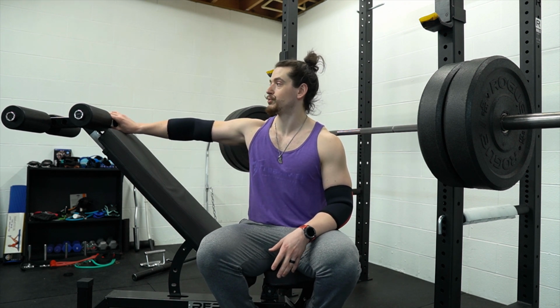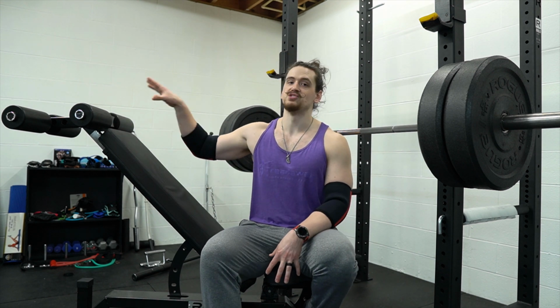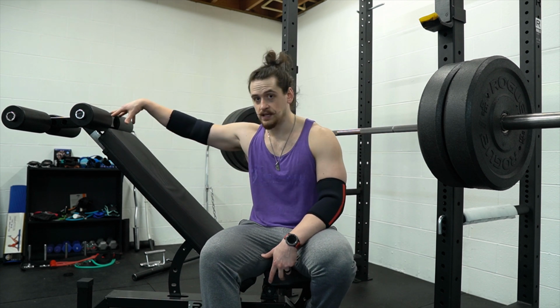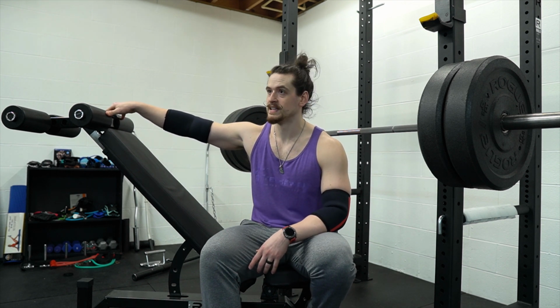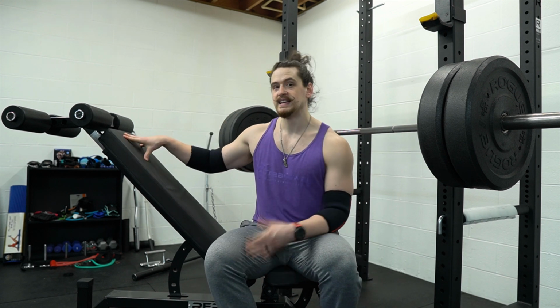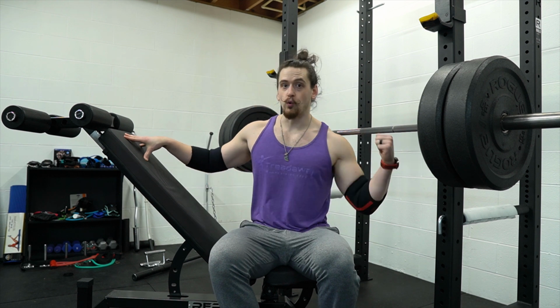If I shake it pretty hard, there's a little bit of wiggle in that attachment. Not a whole lot, and I would say that's not a concern, because once you hook your feet in and there's pressure applied to the attachment, I didn't really notice much wiggle. There was a tiny bit once when I was shimmying around trying to get adjusted, but once I was in place, I didn't notice really any wiggle with either the ab work or the pressing,